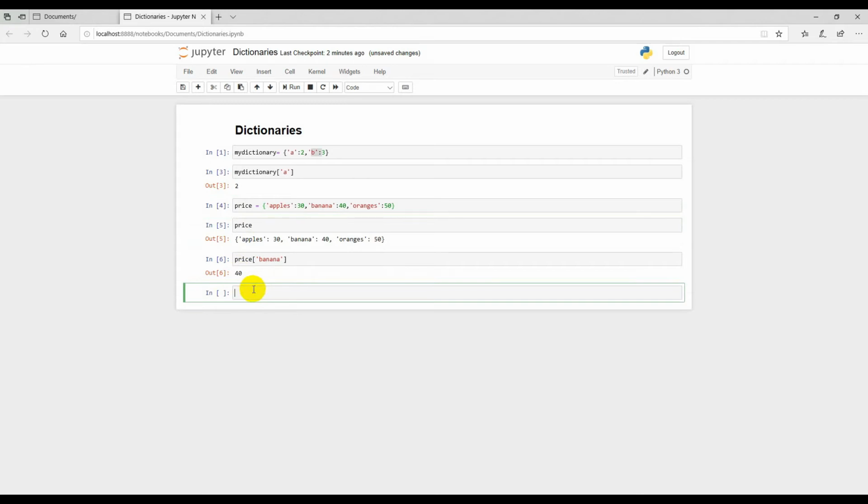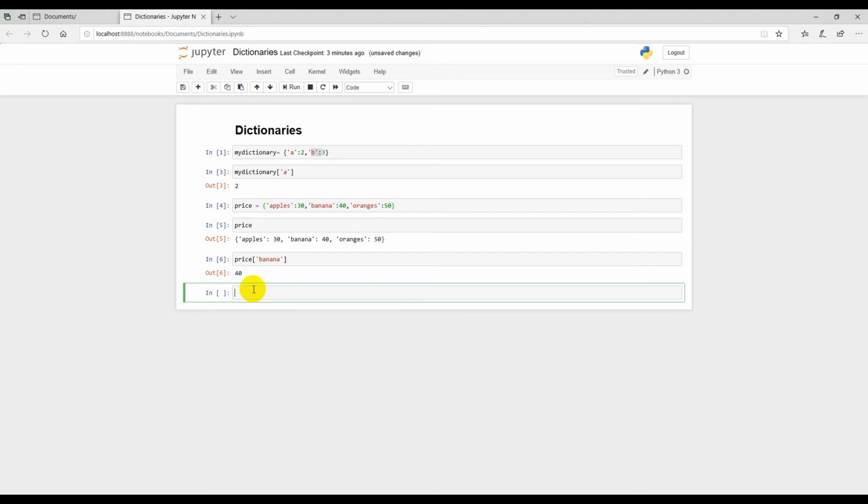As we all know, Python is very flexible with data types. In a dictionary, you can have a variety of data types associated with the keys. That means you can have integers, floats, strings, and you can also have lists and dictionaries too.